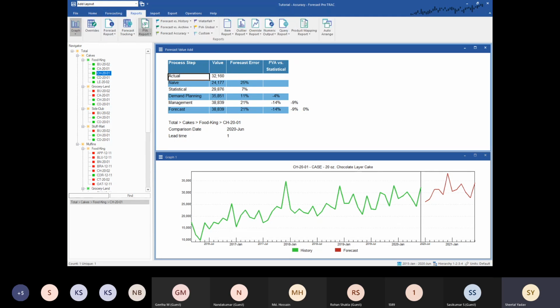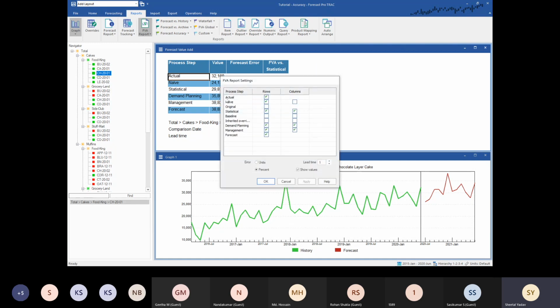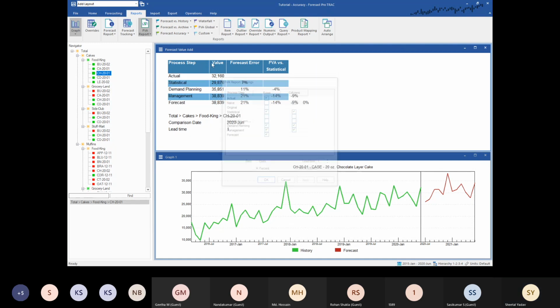So you have this report over here, which is the forecast value add report. You can look at the actual, the process, and then it follows the process step. Naive, let me deactivate the naive forecast for now. Yeah, then we look at the statistical numbers. So the system generated a stat number of 29,000. My forecast error was 7%. If I look at the information that came in from the demand planner, it was 35,000. So they increased the forecast from 32 to 35,000, or almost 36,000. And that increased my error to 11%.